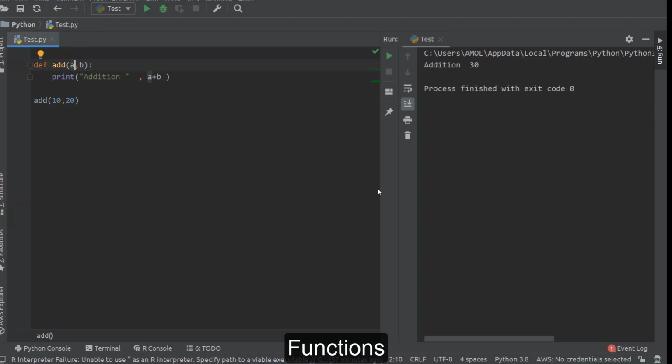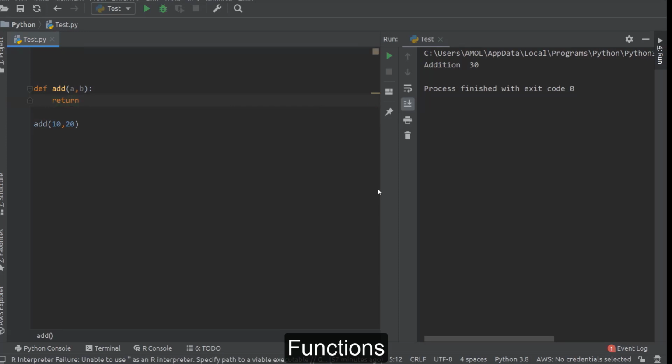Okay, now we'll see how we can produce output from this function. So we'll just modify the same function here. In this function we are taking two arguments here in A and B, and printing the addition over here. Now instead of printing this addition, suppose we want to return this value, meaning we want to generate output, and that output is the addition of these two numbers. So to return any value from a function as an output, we can use the return statement.